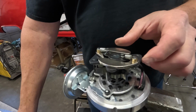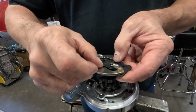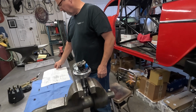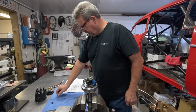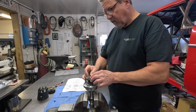It makes these advance weights open much easier, much quicker. So according to this, if this is accurate, like I say, we're going to check this when we put it in. I don't know exactly what the compression ratio is on that car. We'll probably end up having to run premium gas in it. I don't know for sure, but